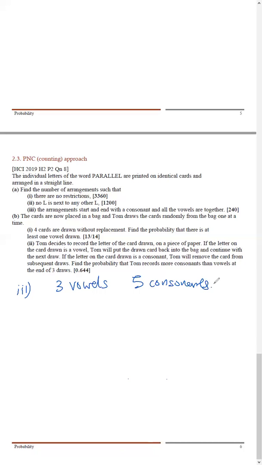Let's say, this is the negative demonstration. I have 8 letters, 1, 2, 3, 4, 5, 6, 7, 8. So on the consonant in the first one, I can just, oh, okay, 5 choose 1. Then the last one will be 4 choose 1. Then I group the vowels together. So just vowels together, which are the vowels? A, A, E. And then I arrange. So can I just write as 5 choose 1 times 4 choose 1 times